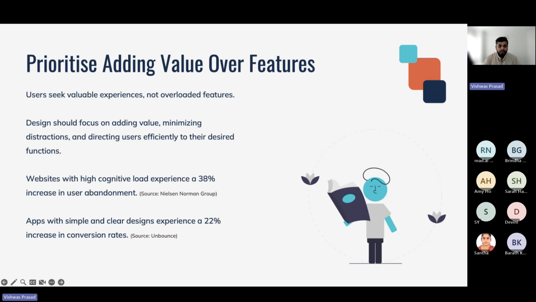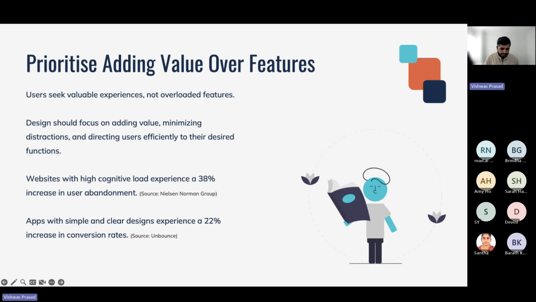So design should actually focus on adding value rather than showing all the bells and whistles, like we saw with Yahoo, reducing distractions and helping users focus on the core job that they are trying to do. And what we have seen is websites with high cognitive load experience about 38% increase in user abandonment. And apps with a simple and clear design experience, they have a 22% higher conversion rates than apps that have